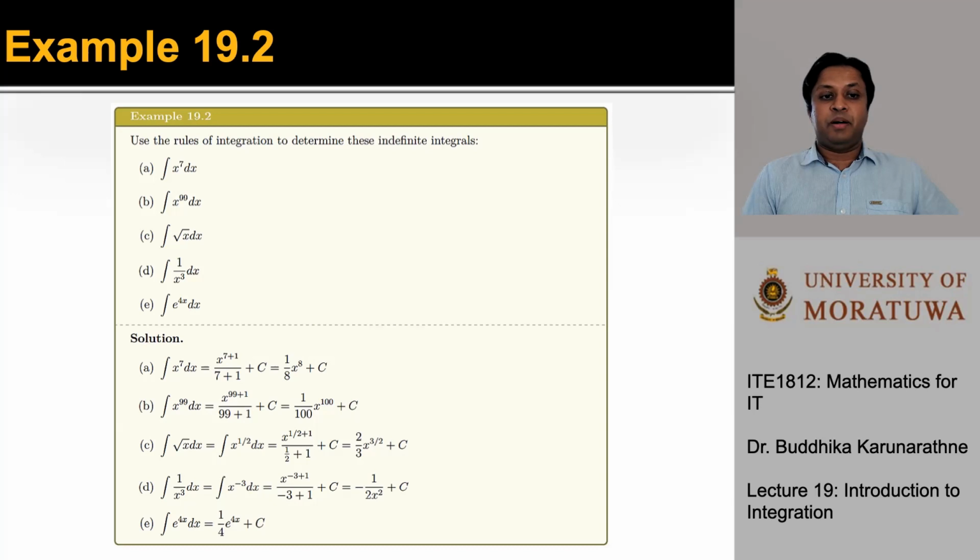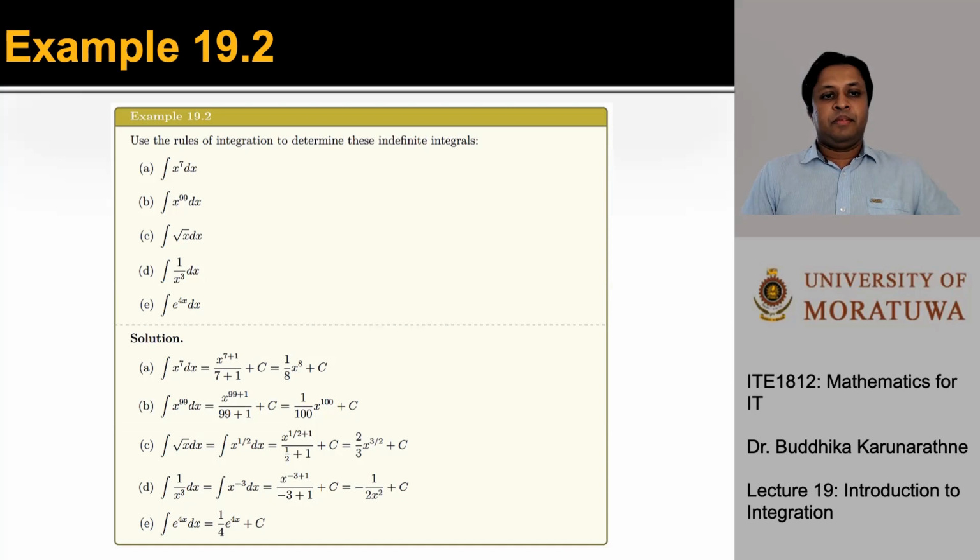We apply the power rule. You need x to the power n plus 1, where n is 7 in this case. So the answer will be x to the power 7 plus 1 over 7 plus 1, plus the constant, of course, and that gives you x to the power 8 over 8